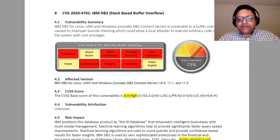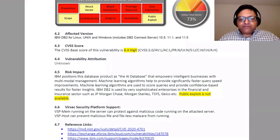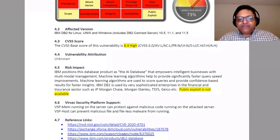And it's really a very sophisticated user base that is represented, in the financial sector, with companies like JP Morgan Chase, Morgan Stanley, and Geico, to name a few. But fortunately, there's no public exploit available as yet. Its score is 8.4, which is a very high vulnerability. It basically is a buffer overflow vulnerability that, with the Virsec security platform, we can very easily prevent